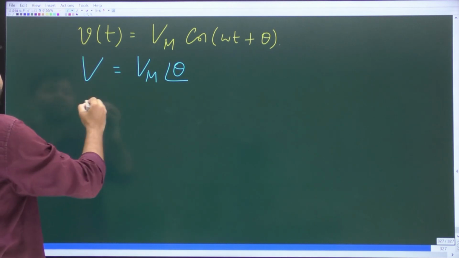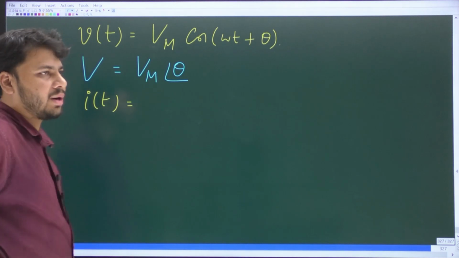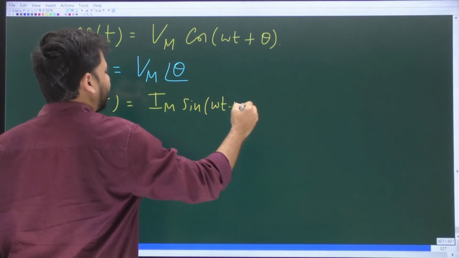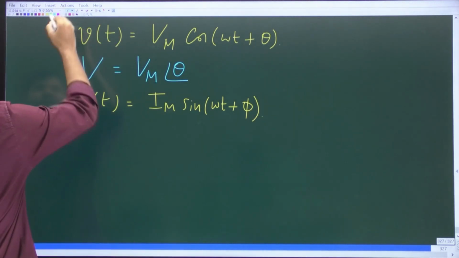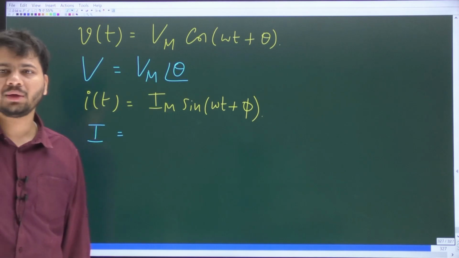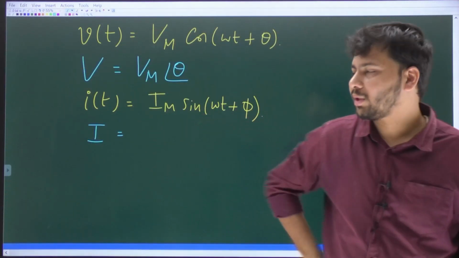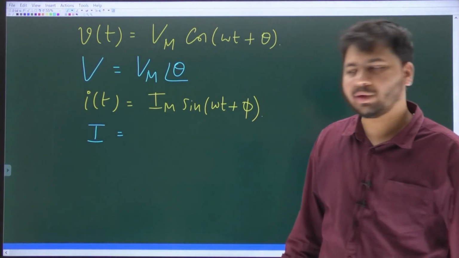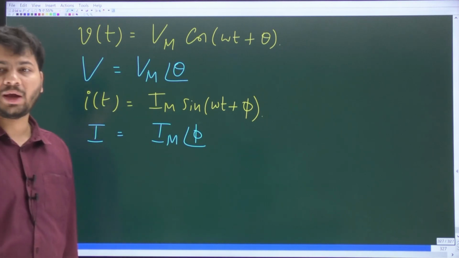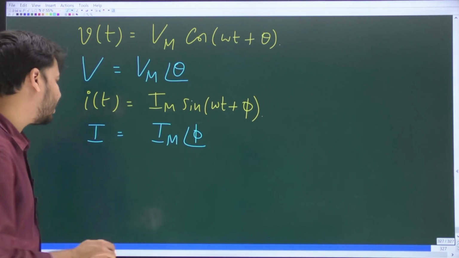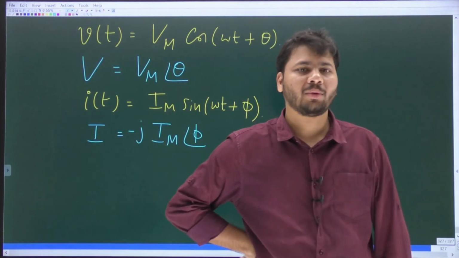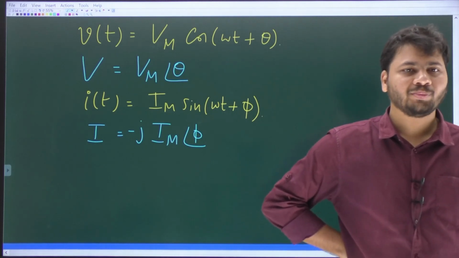Similarly, let's say we have a current which is represented in terms of a sine function, something like Im sin(omega t plus phi). Now what is the same current in phasor domain? Small i becomes capital I. Once again, first you directly write down the amplitude followed by the phase angle, Im angle phi. Because it is sine, you add the factor minus j. So this is how you can very easily convert any time domain sinusoidal quantity into its corresponding phasor